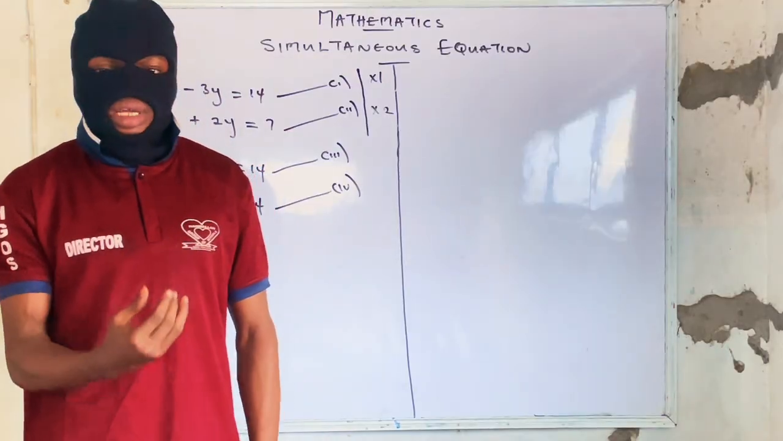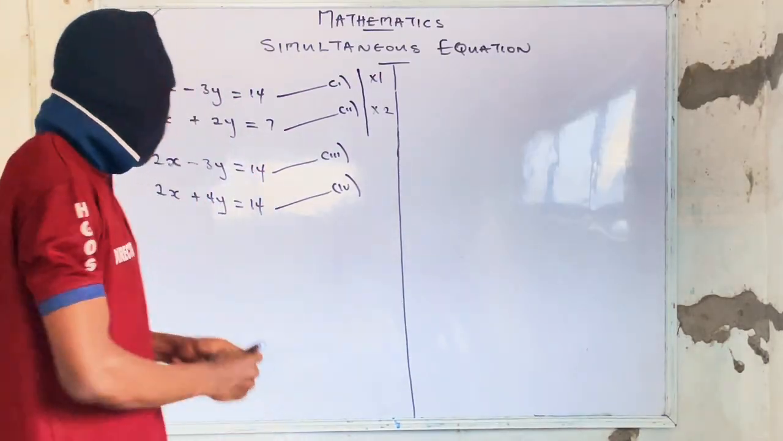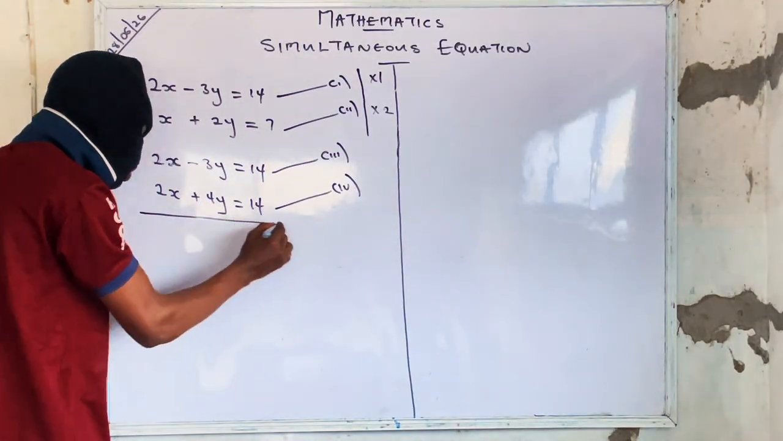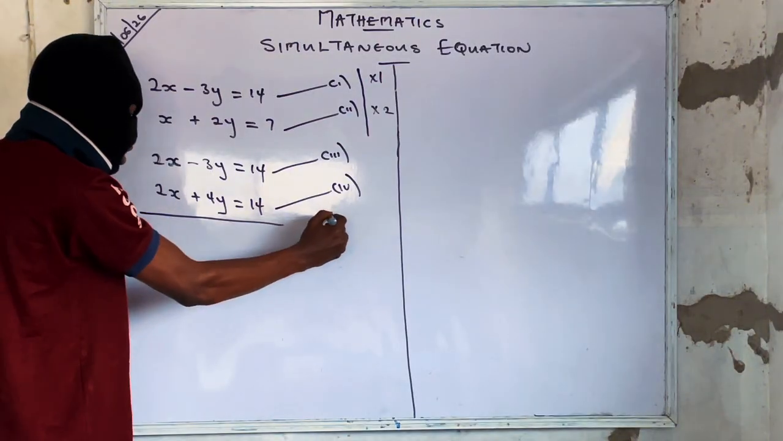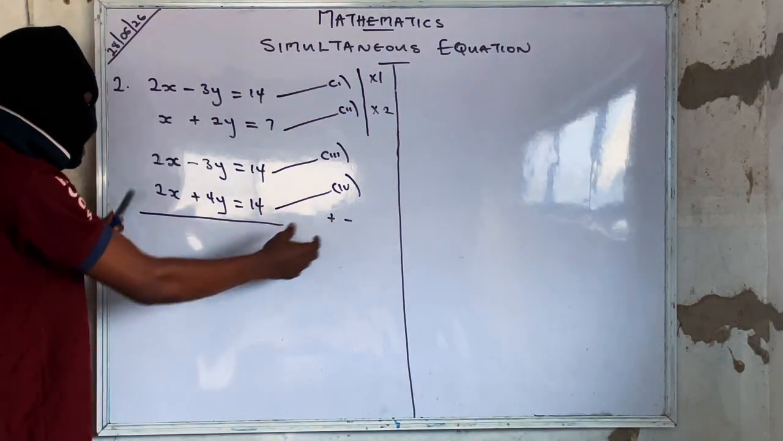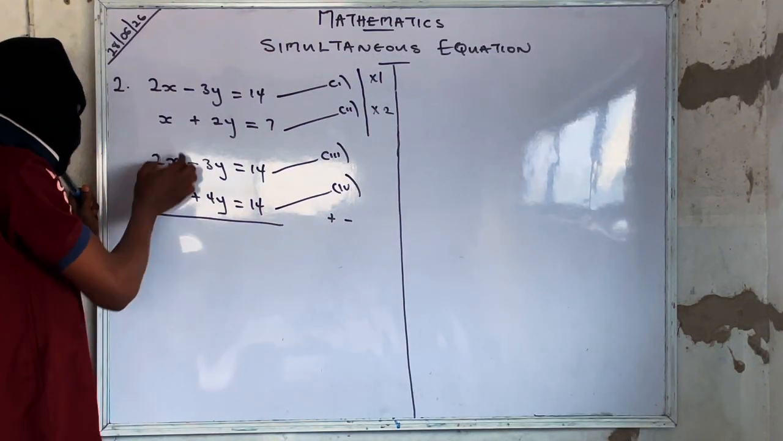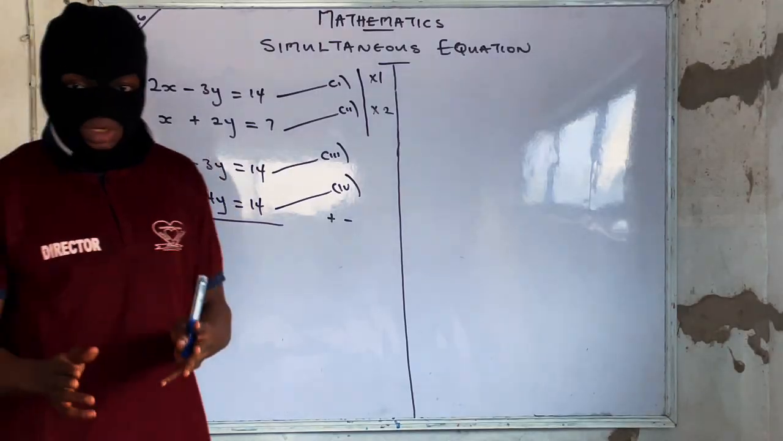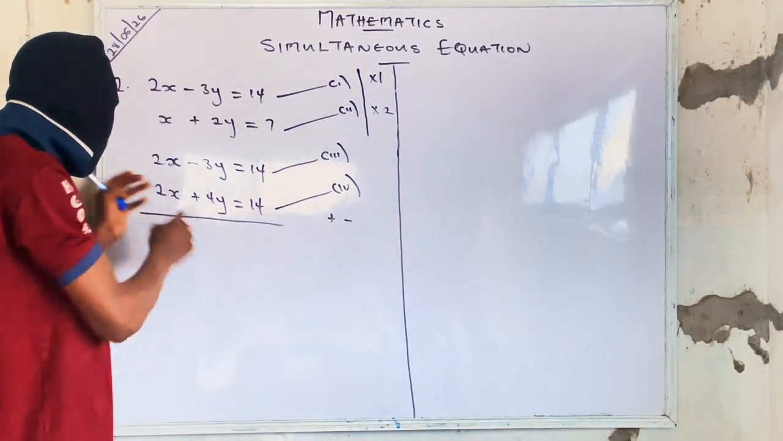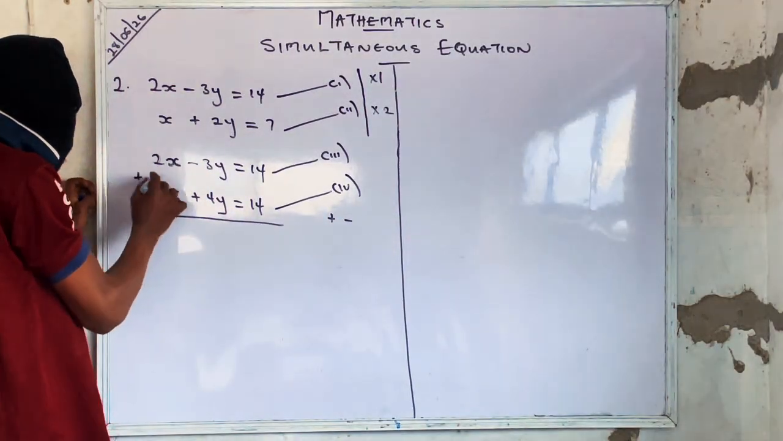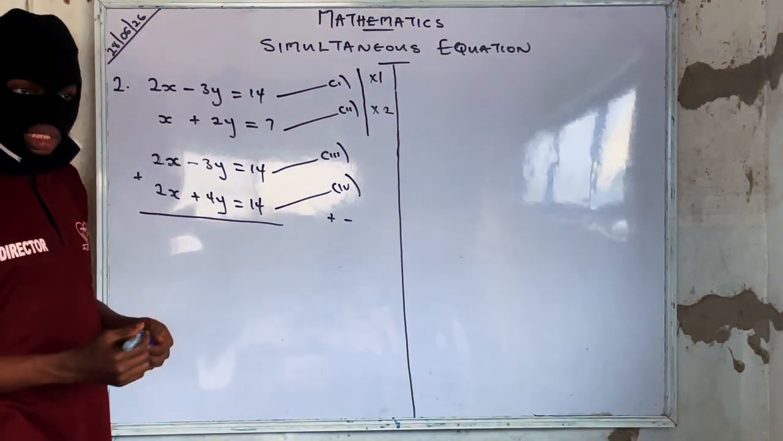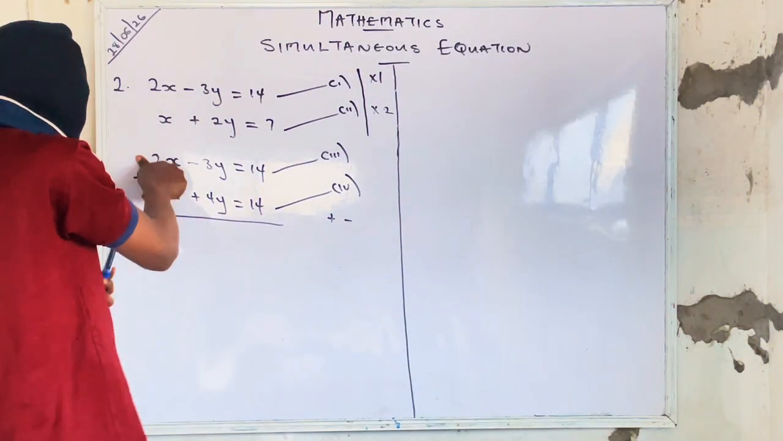Now since they are having the same coefficient, you can now go ahead by eliminating x for you to get the value of y. Now you are going to draw your line. Then you have your plus and minus. Look for the sign in which this x becomes 0. Now if you start with plus, if you put your plus here, 2x plus 2x is 4x. It didn't lead us to 0. Then you have to use your